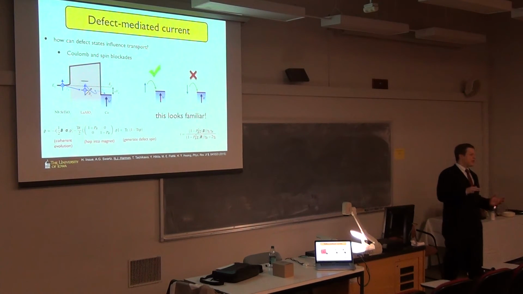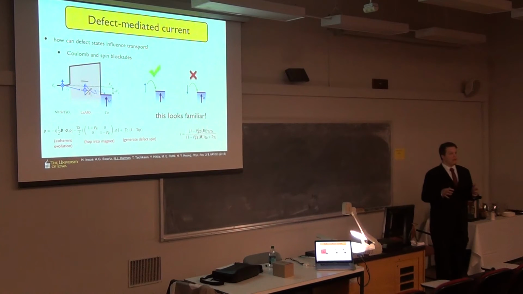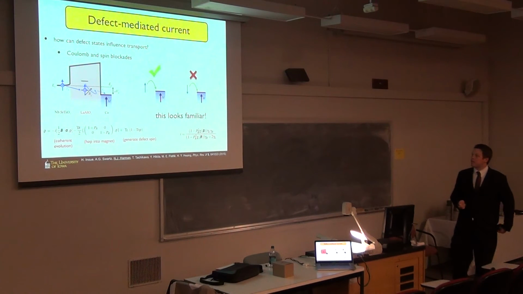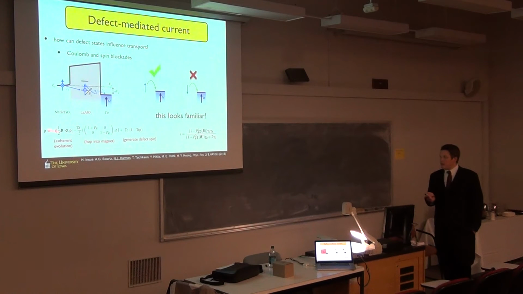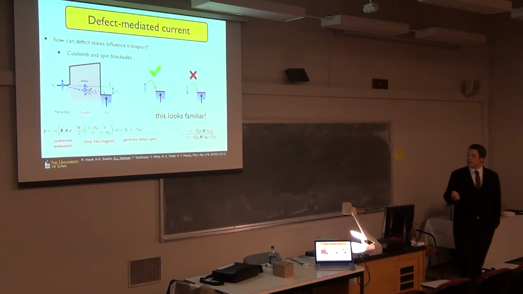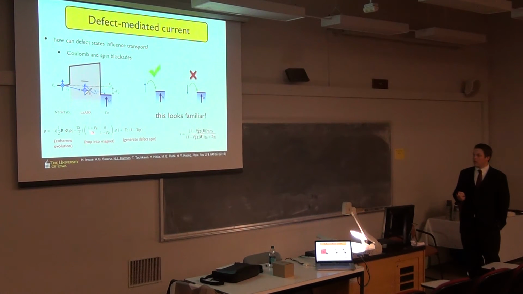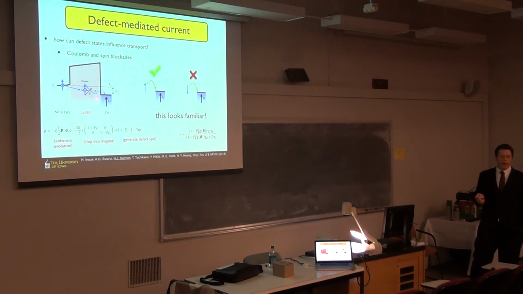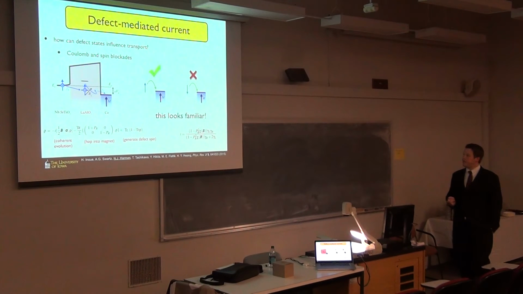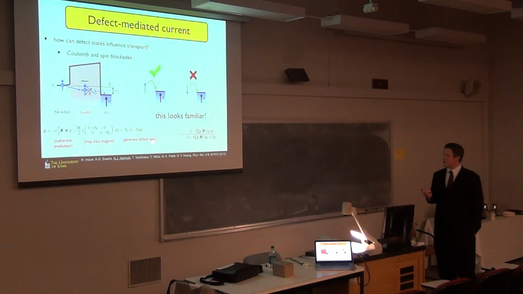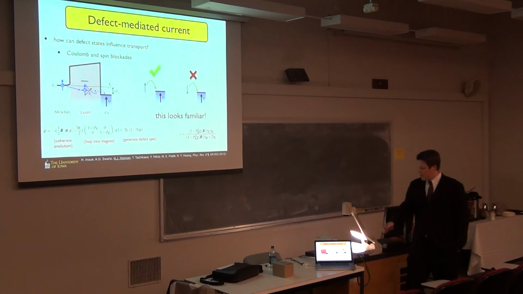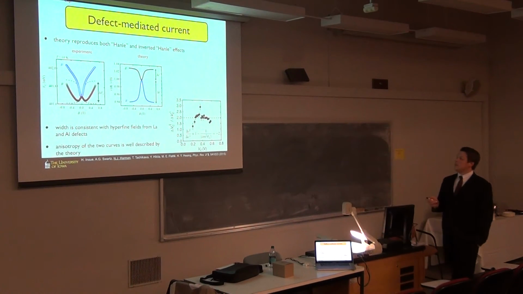So this is like the spin mixing with the hyperfine fields and the two exoplexes, or the two Coulombs. The theory is very similar, but now we're just looking at a single spin instead of two spins, so it's just a 2x2 density matrix. We have the coherent motion in the magnetic field, and then we're subtracting out parallel spin to the magnet. That's what this term is. And then we're adding new spins onto the defect as needed. So this is actually very simple to solve. You can solve for the current, and it looks a lot like the experiment.